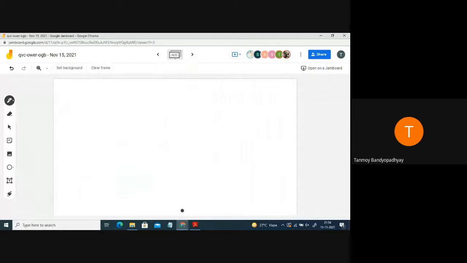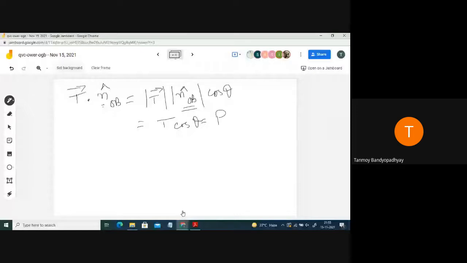So I am having vector T dot nOB. So this is the OB actually. So I need a unit vector in the direction OB. So এটা কি হবে? So this is the magnitude of vector T into magnitude of nOB cap into cos theta. ঠিক আছে? So this is 1. So this is a unit vector, so this will be 1. So this is T cos theta. So this is your TOB itself.